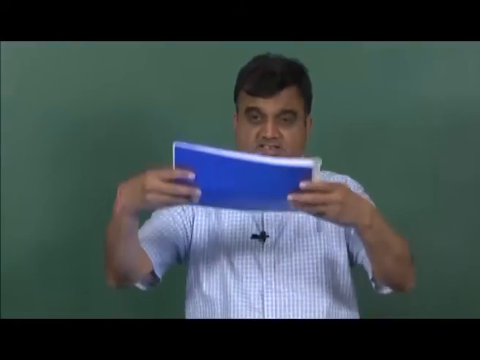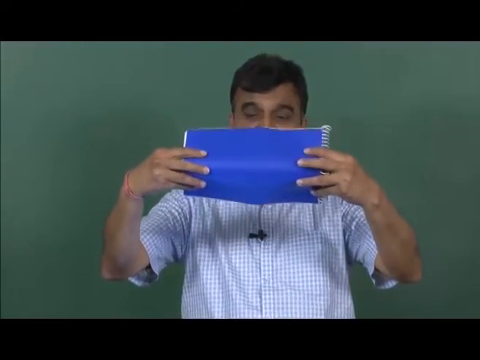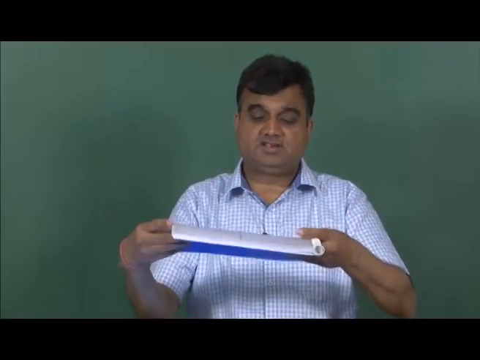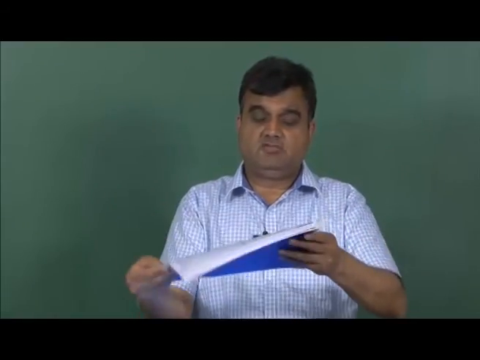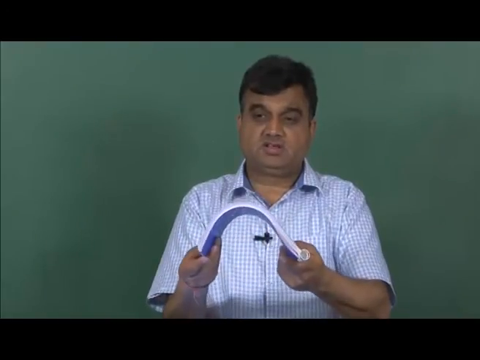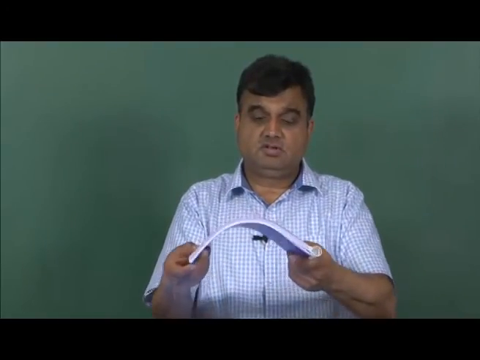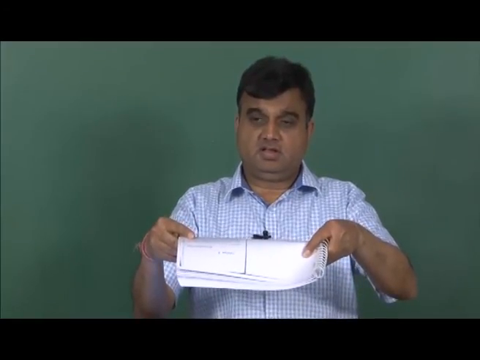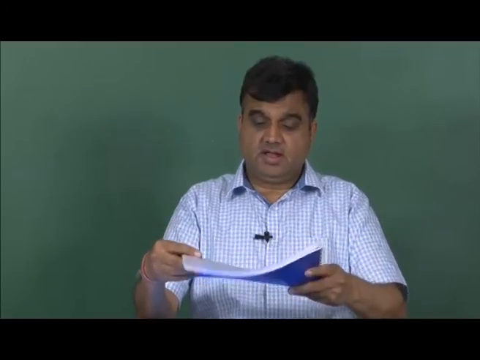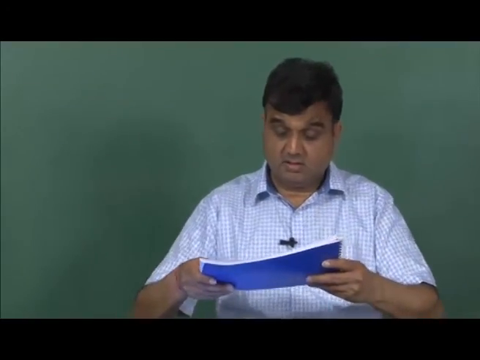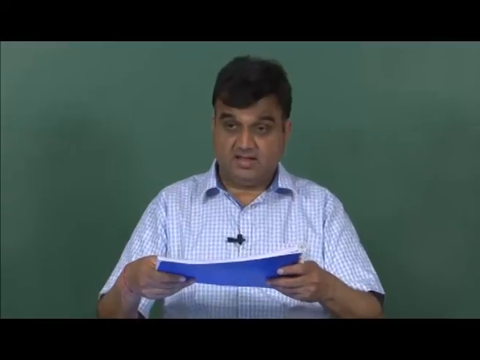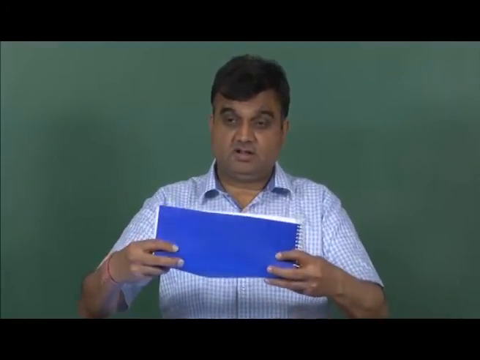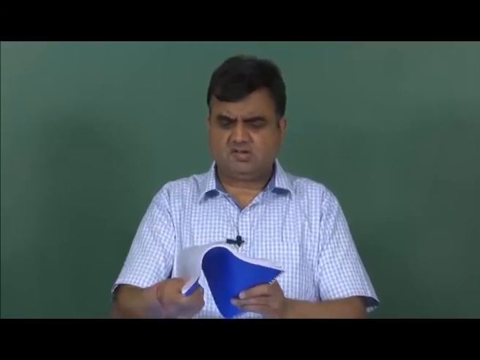If I bend it like this, then it is having purely curvature in the y direction. So, it is having pure Ky. If I bend it like this, it has pure Kx, and Ky is 0. If I bend it like this, it is having pure Ky, and Kx is 0. And then there is something called Kxy. And what is that? This is bending, this is also bending, but then I can also twist it like this.